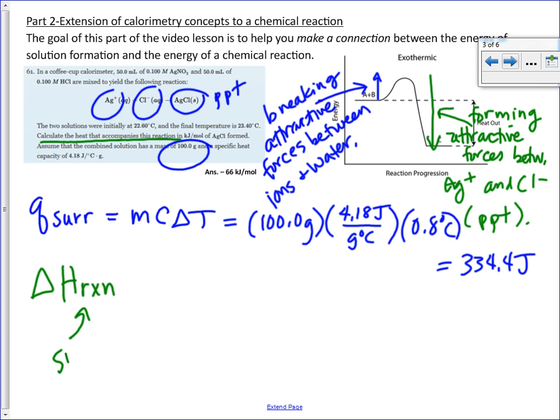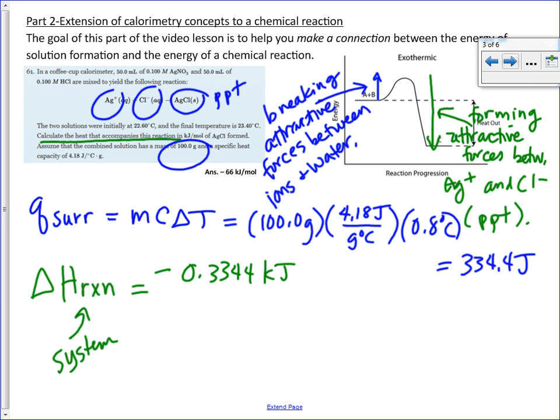That is the system. The chemical reaction itself, that's what chemists are interested in, so that's our system. And it wants the unit to be in kilojoules per mole of silver chloride formed. Okay, well the kilojoule part's going to be really easy. I will also, note, have to change the sign on my answer here because now I switched over to the system. So this should be negative